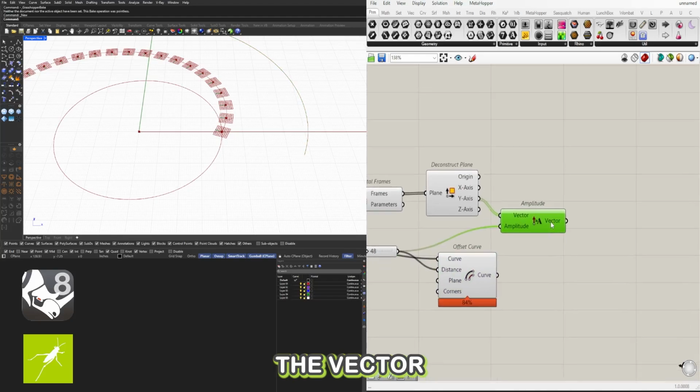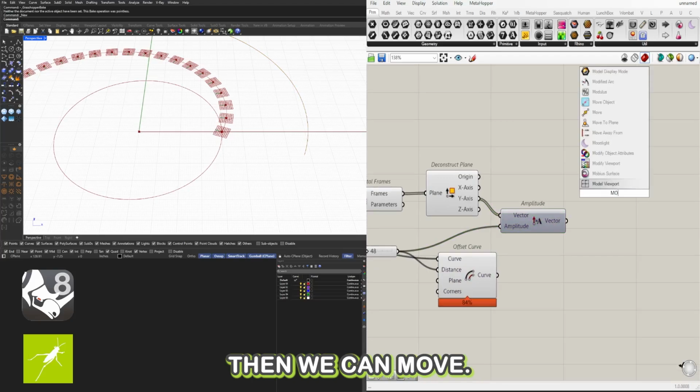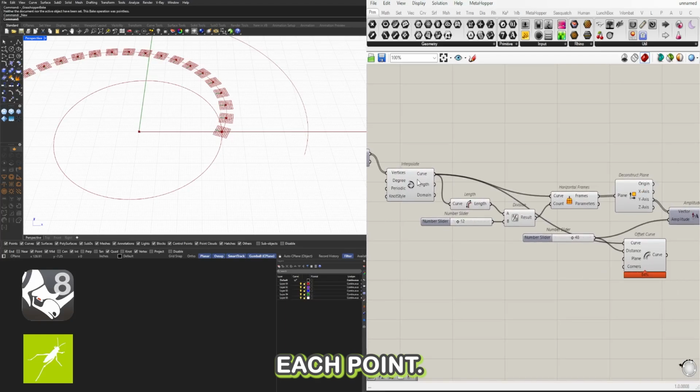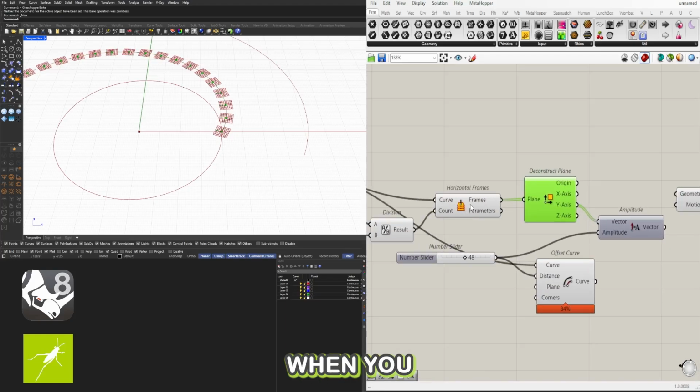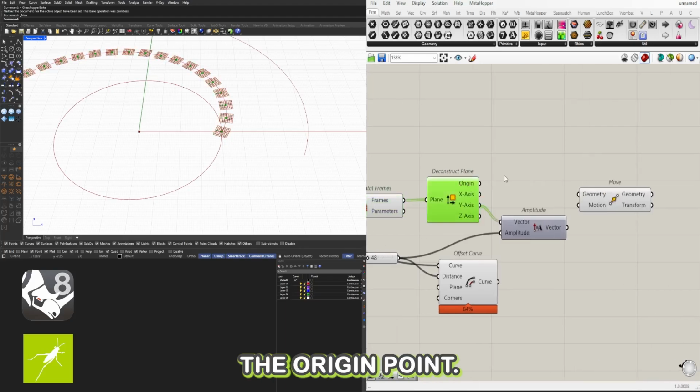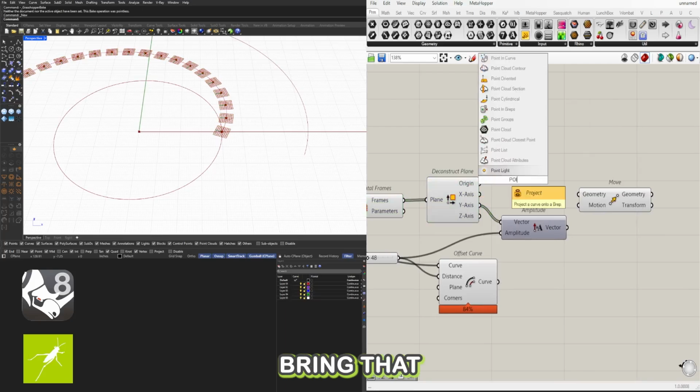Now that we have the vector, then we can move each point. So this is going to, when you plug in the deconstruct plane into the frames, it'll give you the origin point. So let's bring that into